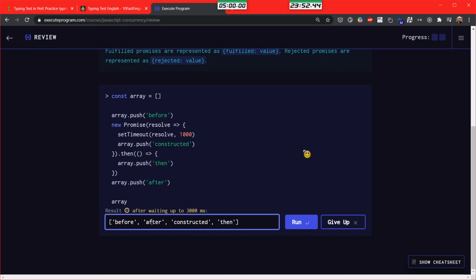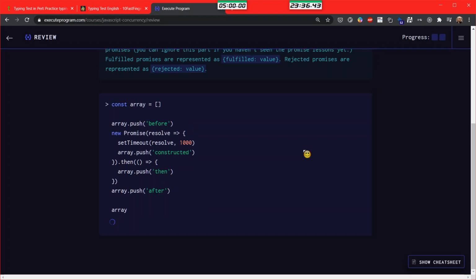Maybe some typo. Before, after, constructed, then, that's not right.